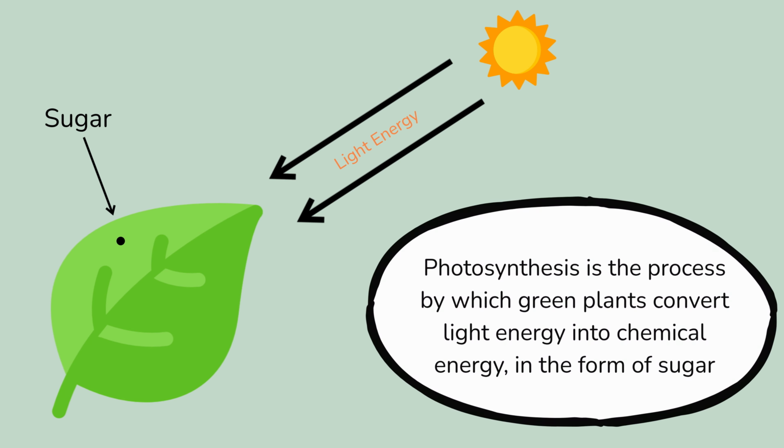Photosynthesis. It is the process by which green plants convert light energy into chemical energy in the form of sugar. This is what we see in the above diagram. Light energy hits the leaf, and the leaf is therefore able to synthesize sugar, primarily glucose, from the process of